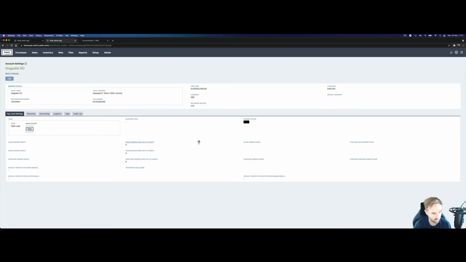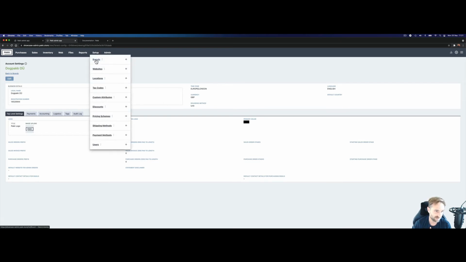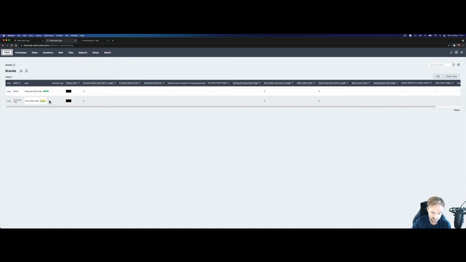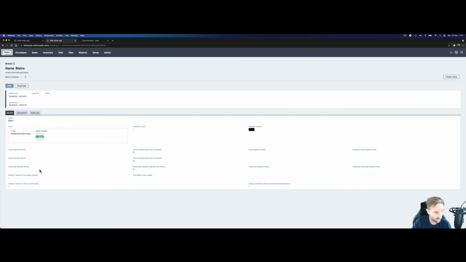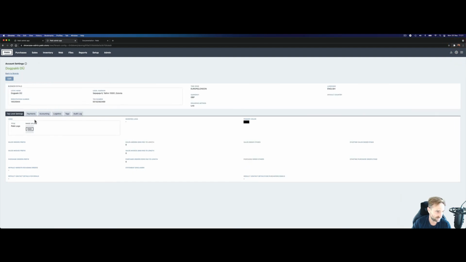So you set up your basic settings here in the account settings. And then what you can do is, if you have brands, if you're using brands, if you're not using brands, don't worry about it. If you are using brands, you can override. So you see here a lot of these settings are the exact same settings we saw in the account settings. That's because if you set these up, they will override the account settings when you're using that brand. So the easiest example to understand is the logo. So if I have a basic account logo here, which is the Pakk logo, and then I go into brands,